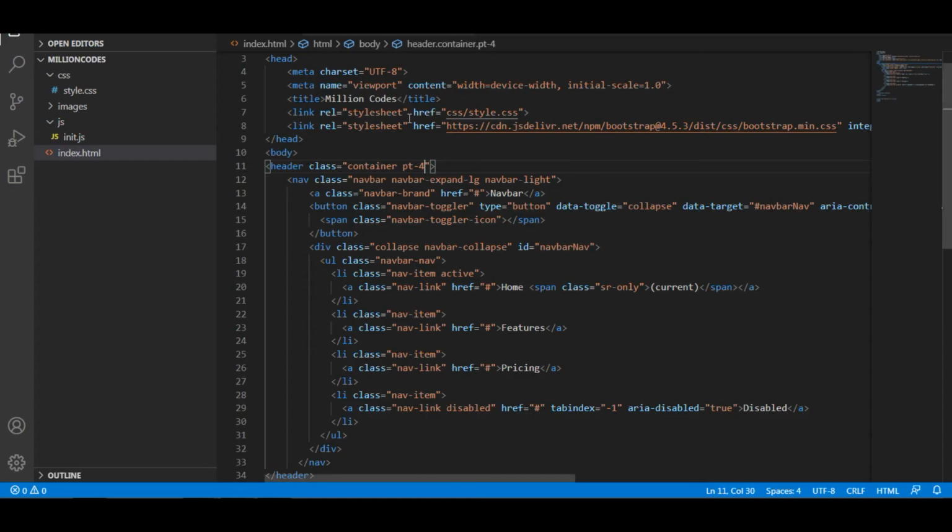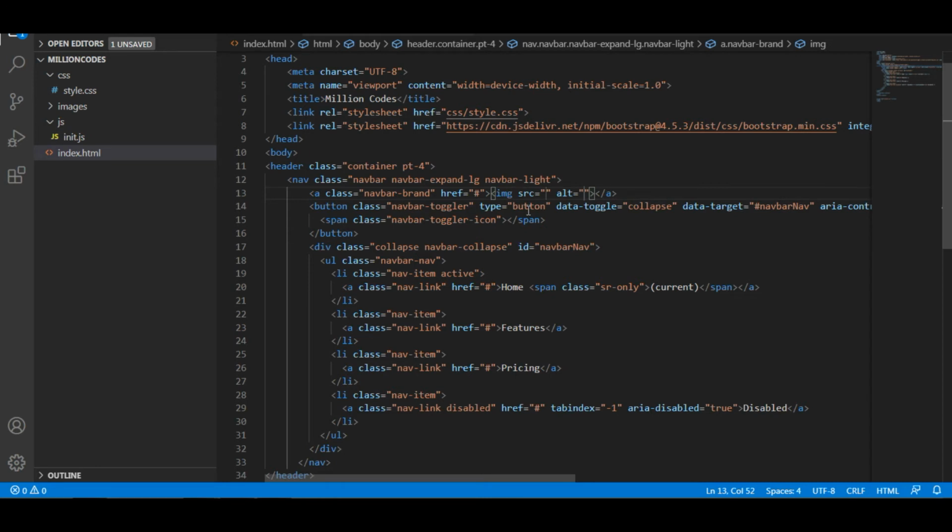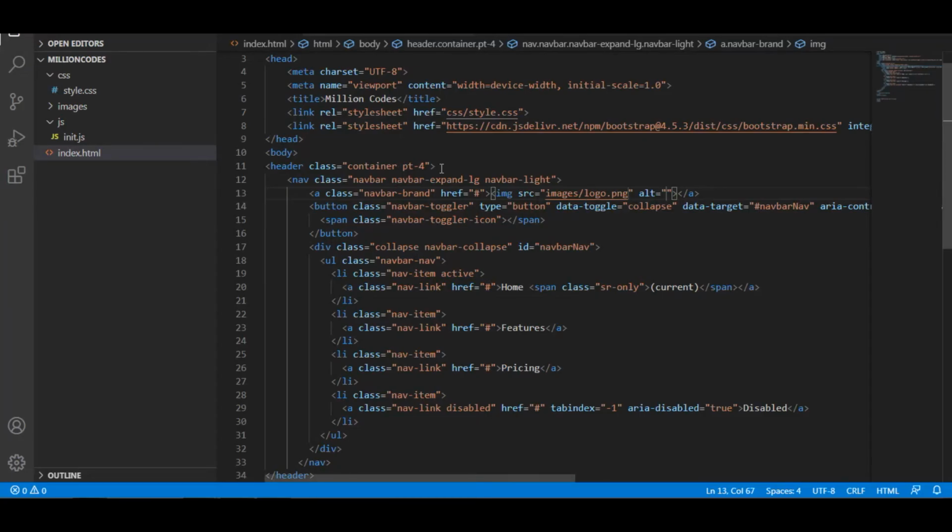So I am going to replace this navbar brand with our logo. So image, where your image is, in the images folder, the logo. There you go. We can see the logo has been applied to the section.